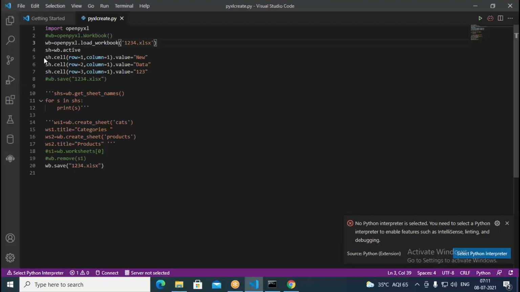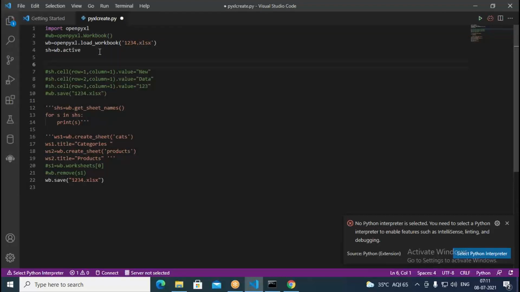Now the next step is, instead of adding data, this time we try to read data from here. I have already opened that and I have an active worksheet, so from the active worksheet I want to read it. For reading data, first of all we are opening, then we need to read one by one from the given file.